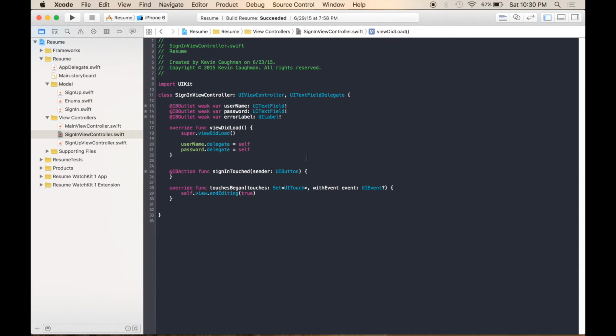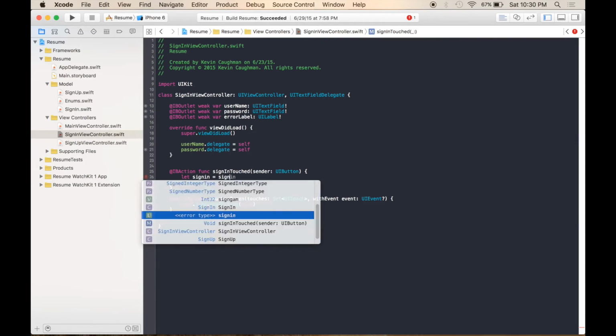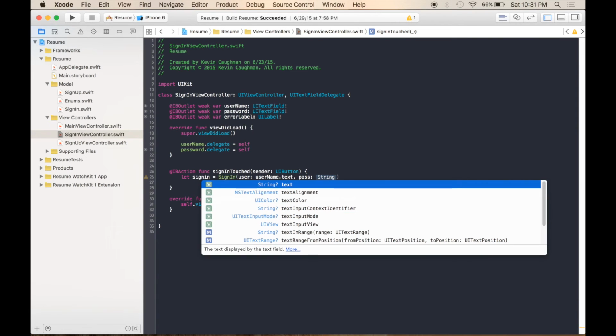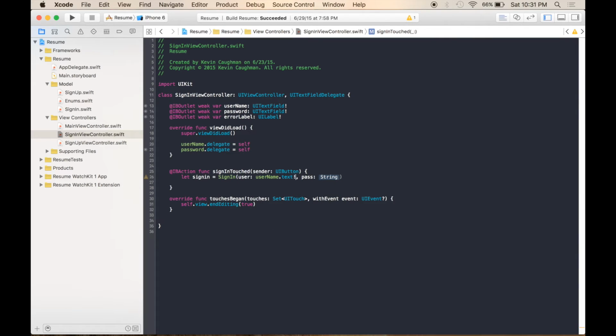The next thing that we want to do is come down here to our sign in touch button and return down a few spaces, and the first thing that we want to do is initialize our sign in model. So let's go ahead and call that. We're going to call let signIn = SignIn, and we want this one with parentheses, and you should have these variables already pop up for you, and we're going to pass in username.text and go ahead and throw in the exclamation mark there to unwrap the variable. So let's type in password.text with an exclamation mark and closing parentheses on there. Now we're passing in our 2 variables to our sign-in model so that they can use it,